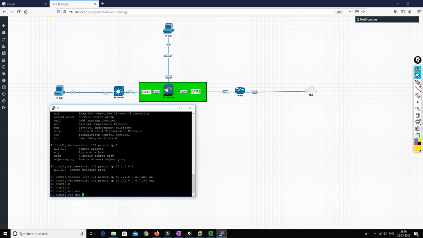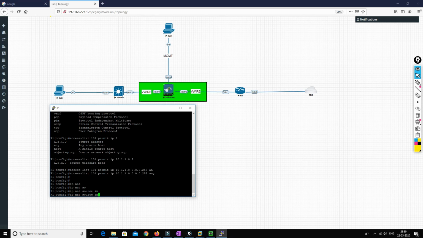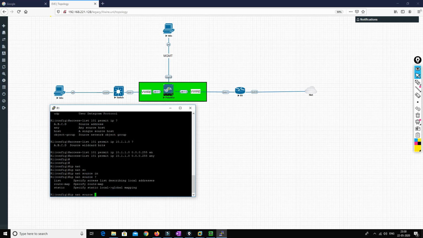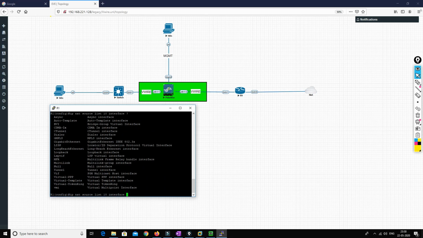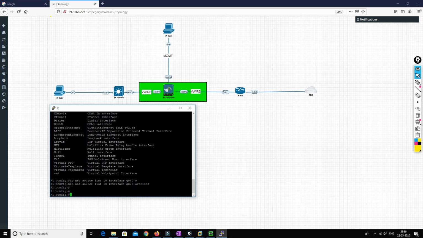Then ip nat source list 1 interface G0/0 overload. So we have configured PAT so that whoever is coming from the internal network will be getting internet. R1 will do the PAT and they will be getting the internet.